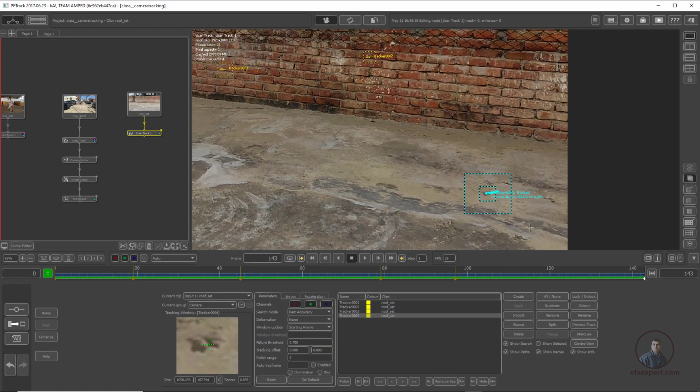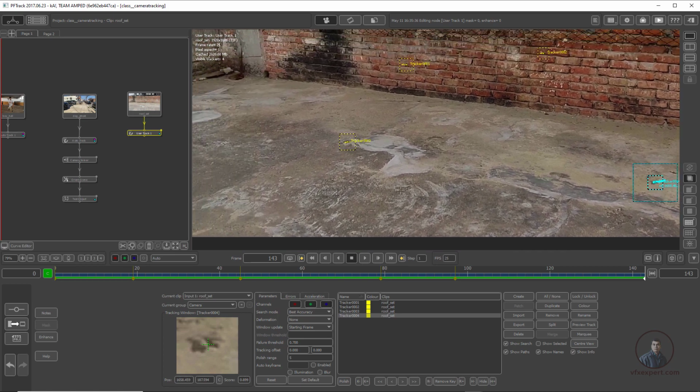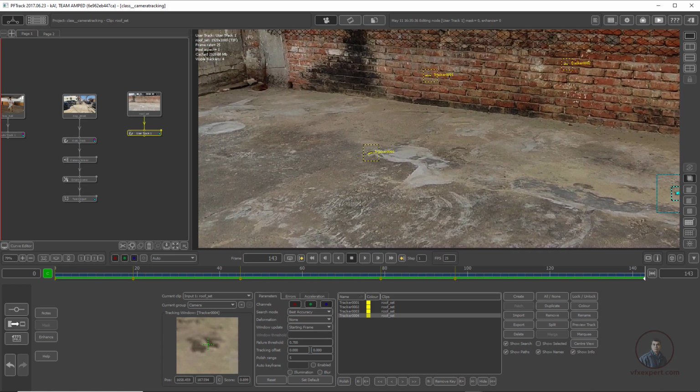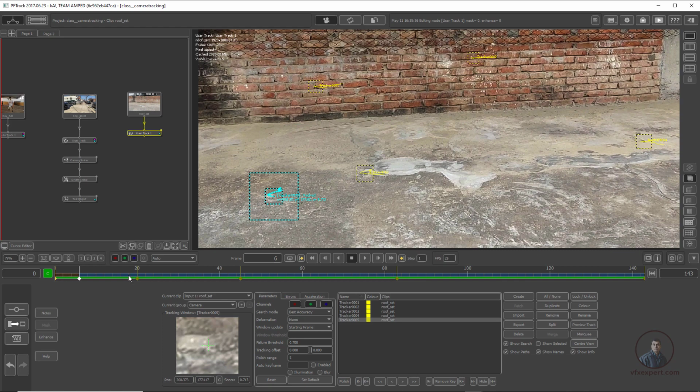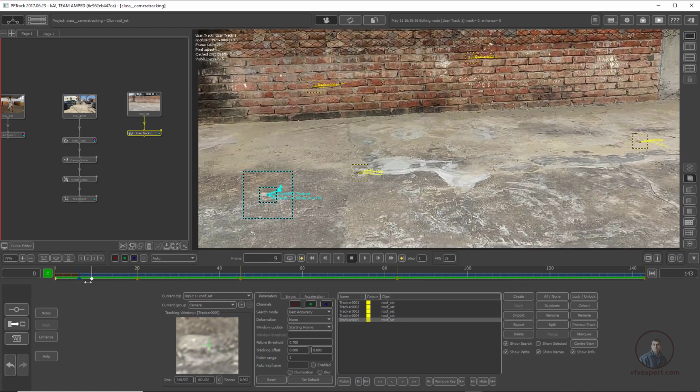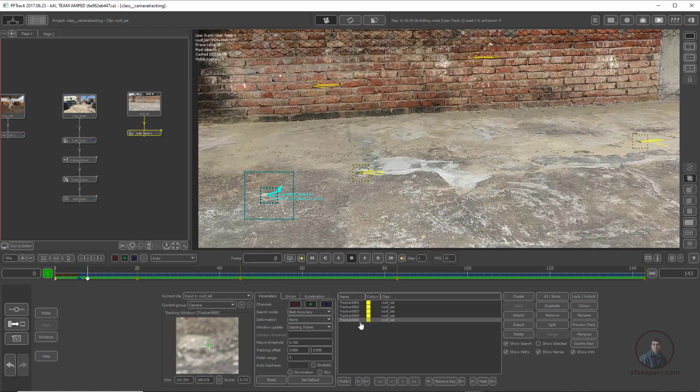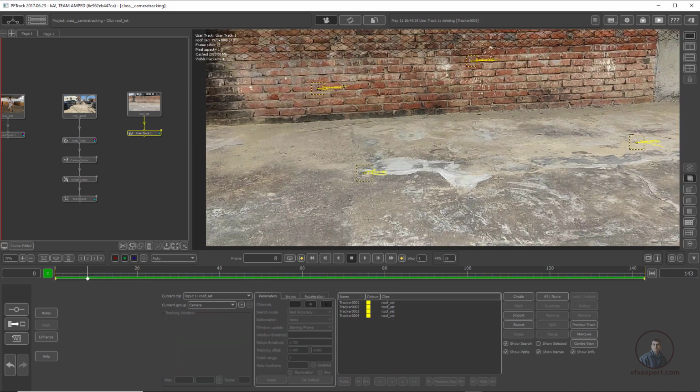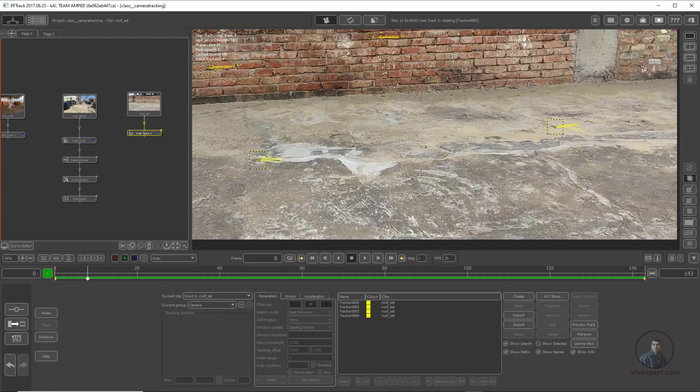So here this one also I have tracked, and suppose now I am going to track this point here. So maybe this point even. So this point again simply click on this create and track this one, then adjust and try to track this one. So again according to your playhead position, track backward here. And suppose if you feel this tracker is not good, then you can select it and delete it from here like this. Then you can retrack another feature or other points here.